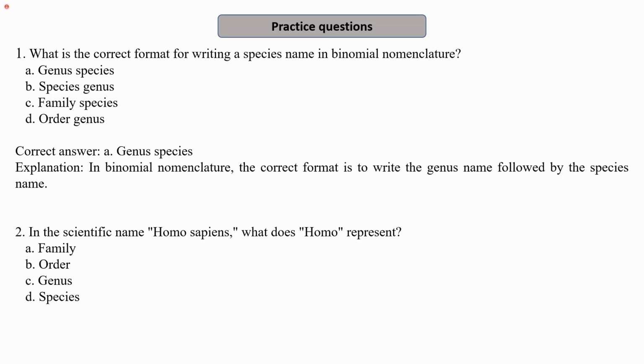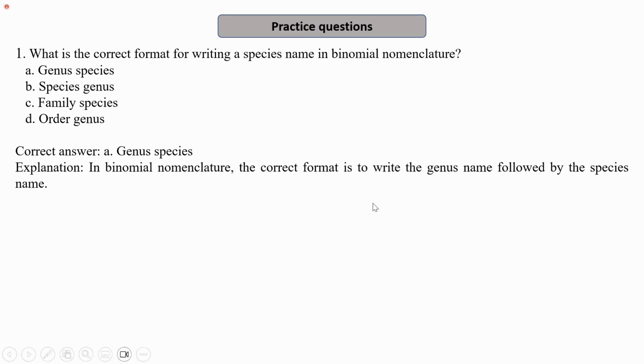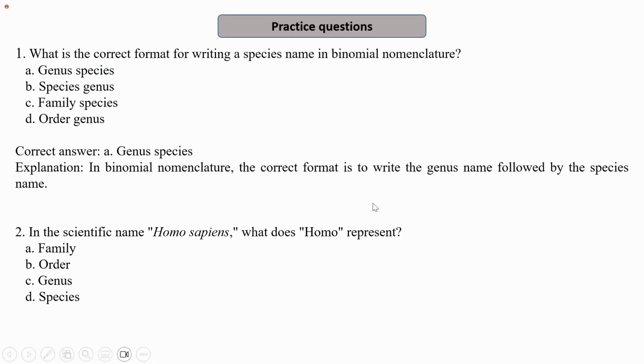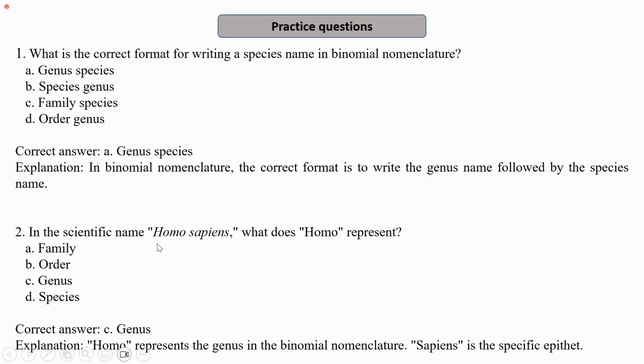The next question is, in the scientific name Homo sapiens, what does Homo represent? Is it a family, an order, a genus, or a species? The correct answer is Homo. As we know, in binomial nomenclature, the first part represents the genus of any organism. So Homo here represents the genus, while sapiens, as I mentioned, represents the specific epithet or the